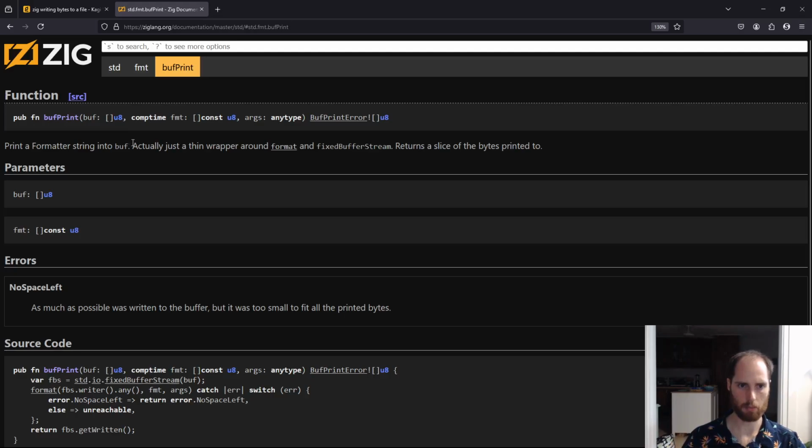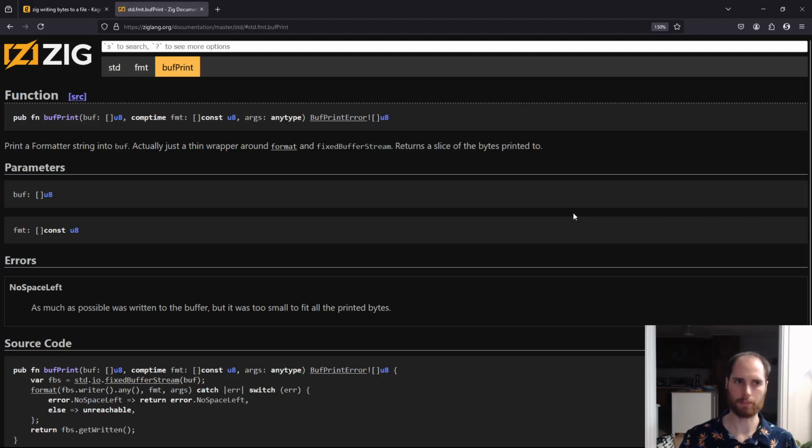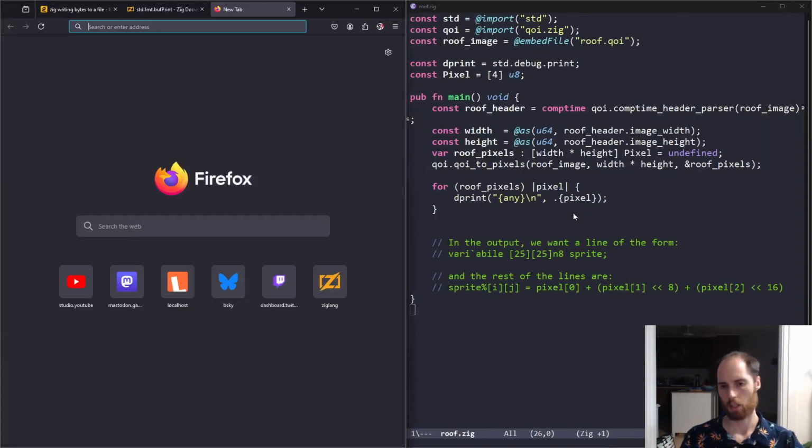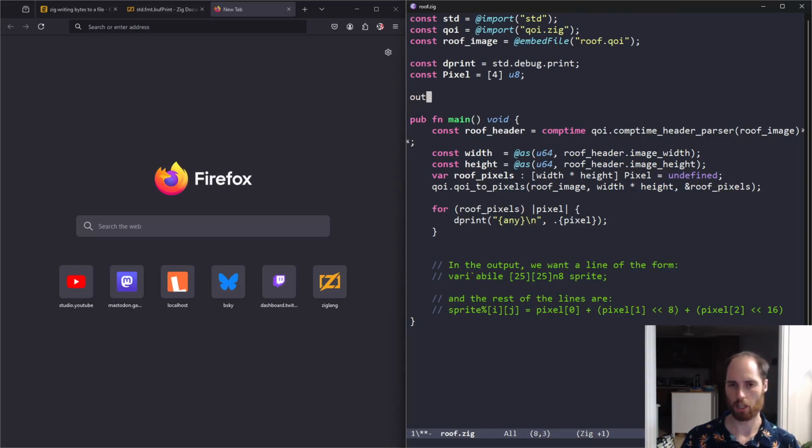That's where we can just define a buffer and things get put into it. I guess this would be fine. That will fill up an array with all the bytes we want. The question is then, how do we get that array into a file again? We've solved half the problem. And then we may as well set this up now. We could say variable output is equal to